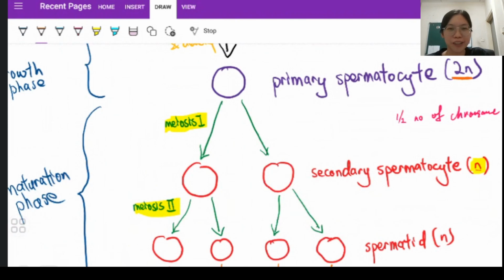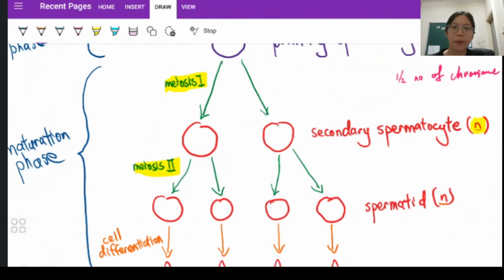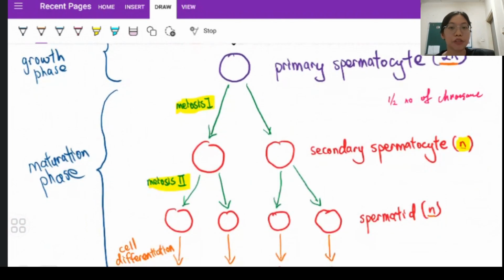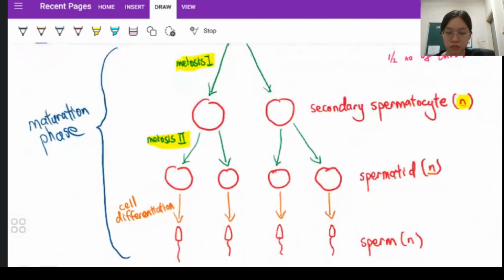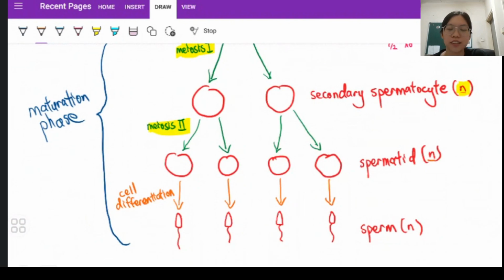That's the full meiosis process, right? So secondary spermatocyte will undergo meiosis 2 to form spermatid. Did it get half again? No, right? It is still maintaining the number of chromosomes, n. So basically you can see, after meiosis 1, the number of chromosomes gets halved. 2n becomes n. And then after meiosis 2, it still maintains the number of chromosomes. And spermatid is just a cell,